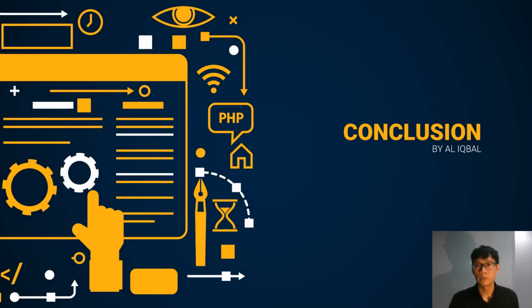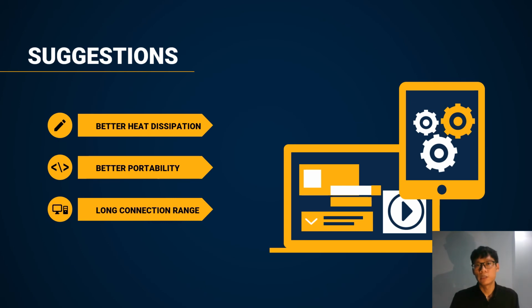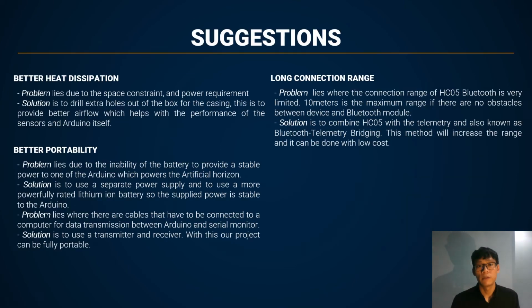Hi, my name is Muhammad Arifin bin Sataria and I will be presenting the conclusion of our project. There are three suggestions to improve our project, which are better heat dissipation, better portability, and better connection range. For better heat dissipation, the problem comes from space constraint due to the casing. The easiest solution is to just drill extra holes in the casing, so more air can go inside the casing,